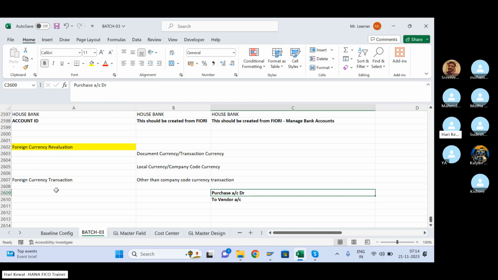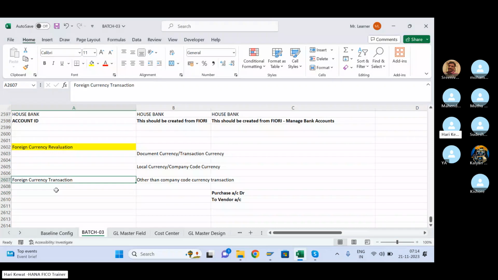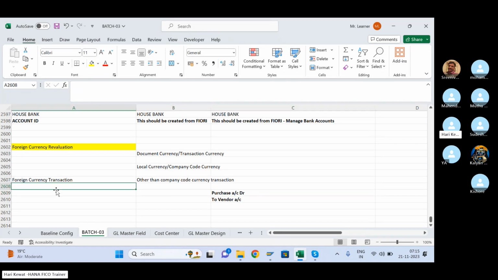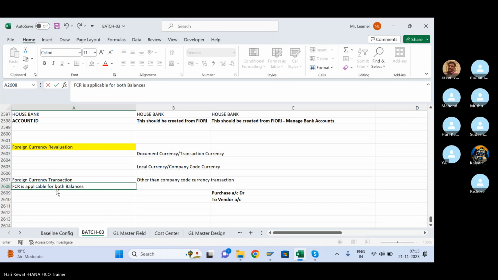Everything in this revaluation is guided by certain accounting principles. So if the accounting principle says for that particular country that PNL line items should also be revaluated, then you can consider PNL line item GLs also in the revaluation process. Otherwise, mostly it will be the balance sheet line items. So foreign currency revaluation is applicable for both. I'll write both: balance sheet and PNL